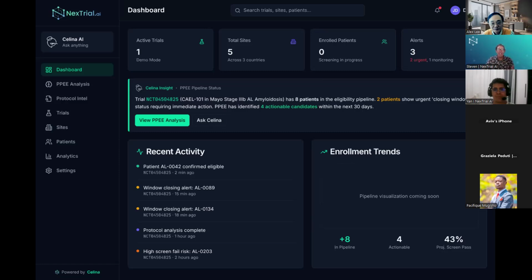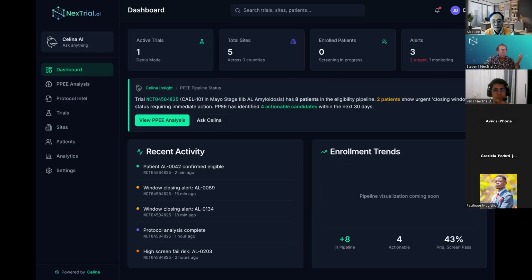So again, everybody, thanks Alex and Yan. What I want you to sit with for the next 15 minutes is this: if your matching platform tells you that a patient has a 92% eligibility score, what does that actually guarantee? The answer is nothing, right? A confidence score is not a safety guarantee, and that distinction is about to become very expensive for anyone who ignores it. 80% of clinical trials fail to meet their enrollment timelines, and screen failure rates in rare diseases run 40 to 88%. So the industry spent the last 5 years throwing money at machine learning on clinical notes.